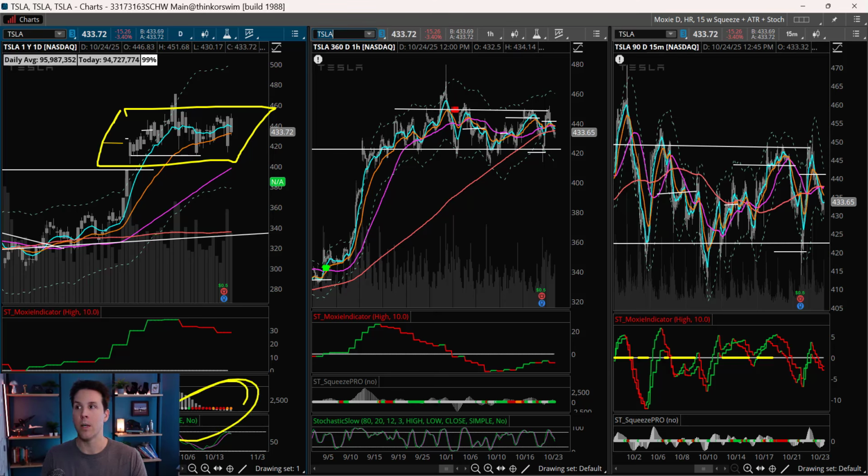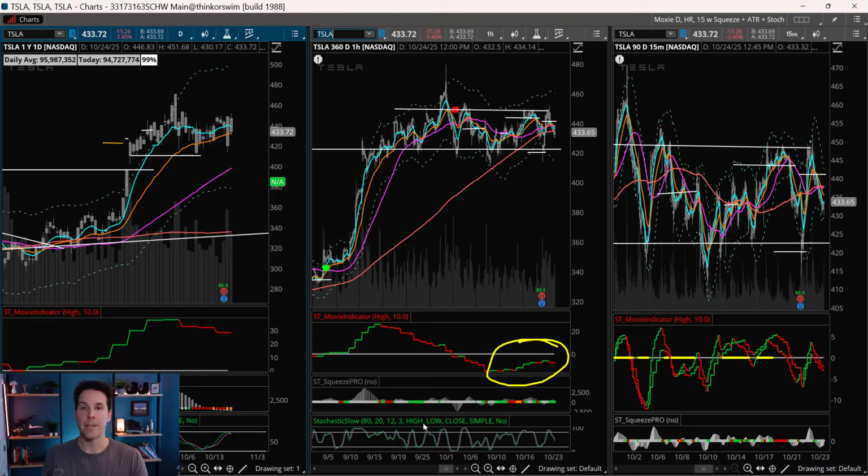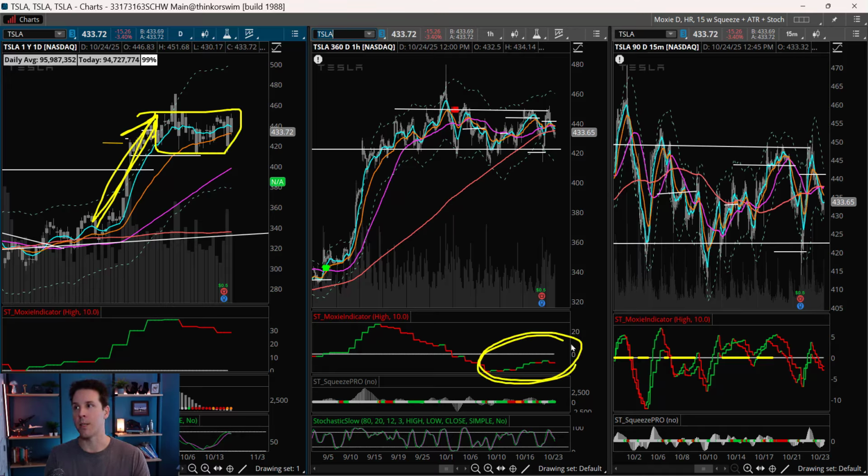It is a squeeze and it's building. And actually, if you look at the Moxie Indicator, it's not ready yet. So I think it's waiting for a little bit more. Whether it is the Optimus event November 6th, whether it's just the market in general, I don't know. Tesla's kind of on its own schedule. But I think that this move right here was just so big, it's having to digest it and probably just waiting for more information. And again, look at the Moxie Indicator. It's not quite ready. So I'm okay with this.